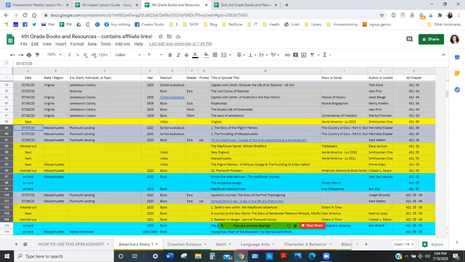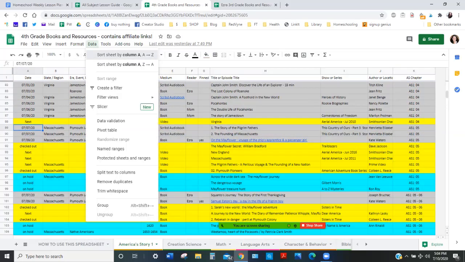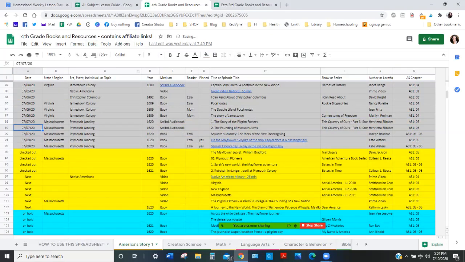And it's still in progress. You can see a lot of blanks here that I need to fill in when I find resources. Sometimes I'll end up just putting the title and author so I don't lose it, and then I'll come back and fill things in. And then my other system over here is for our library,